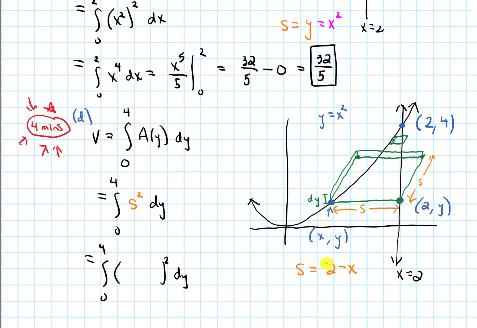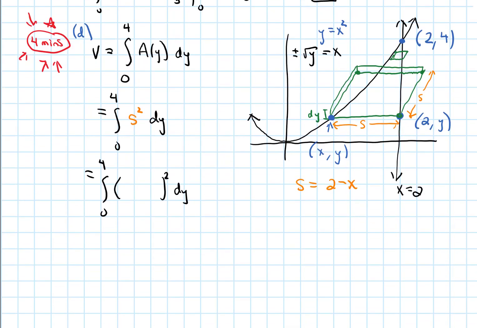I can't plug that in because the variables will still be off. I need to plug in for what x equals. And if we use our equation, y equals x squared, I need to isolate the x. So that would give me x equals root y, but I'd get a plus or minus because I rooted. So what's the difference? If I had x equals positive root y,